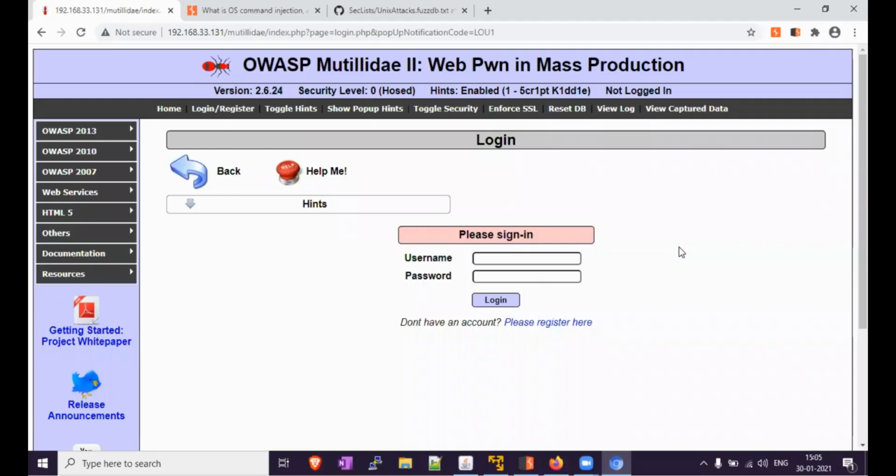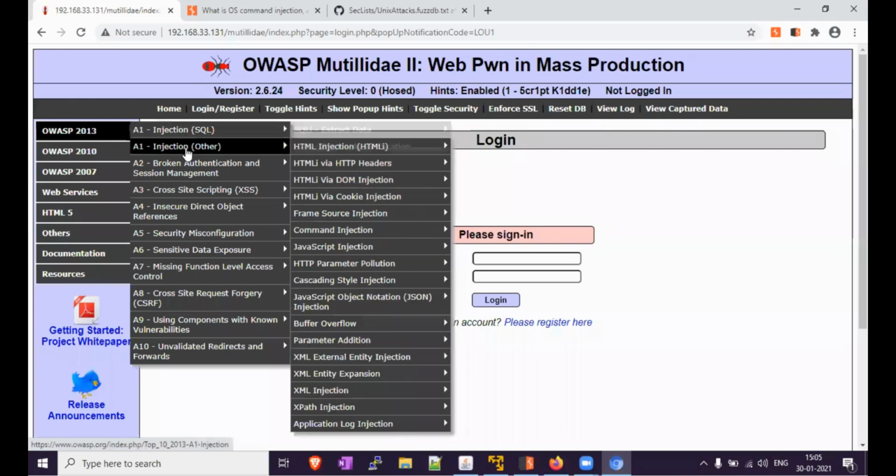In this video, we are performing the command injection attack. Just check out the injection, command injection, okay. And we are performing it with the DNS lookup.